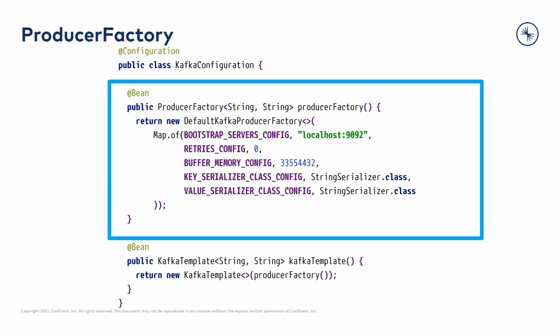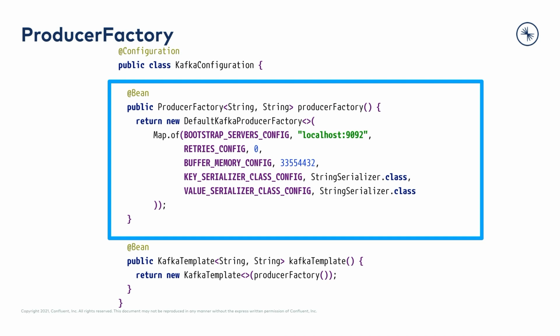In this particular case, we're using some of the configuration that is code-based. However, Spring Boot provides the ability to use automatic configuration based on property files. You will see how you can do that in the next session, where I will walk you through the code and how it works.